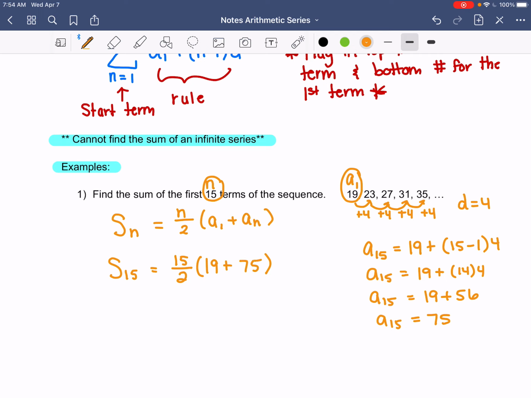Okay. All right, so now we can just go ahead and plug in 75 right here for our 15th, our last term, and then we can just go ahead and solve it. So s sub 15, the sum of the first 15 terms, is 15 divided by 2, which is 7.5, times 19 plus 75,